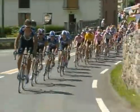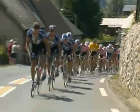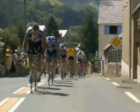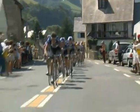That gap of 3 minutes 27, it just is so pegged. They are doing the same speed in the peloton as Jalabert is doing all by himself out front. And as they come relentlessly now towards the last climb of the day, La Mongie, it's interesting to note